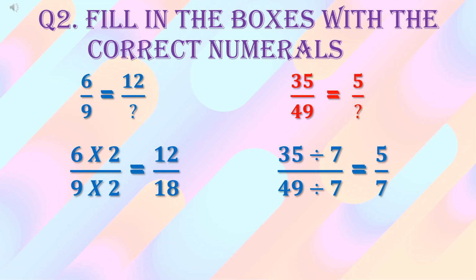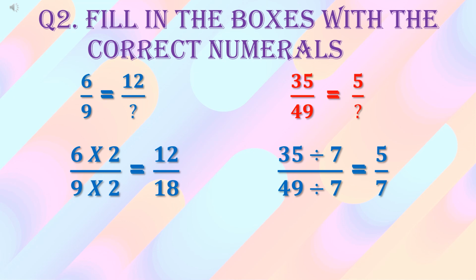As a result. So let's say the table of 5 में कहाँ 35 आता है, 5 के table में 35 कहाँ आता है, that is our required number. 5 1s are 5, 5 2s are 10, 5 3s are 15, 5 4s are 20, 5 5s are 25, 5 6s are 30, 5 7s are 35. That means 35 को अगर हम 7 से divide करते हैं, in result we get 5.